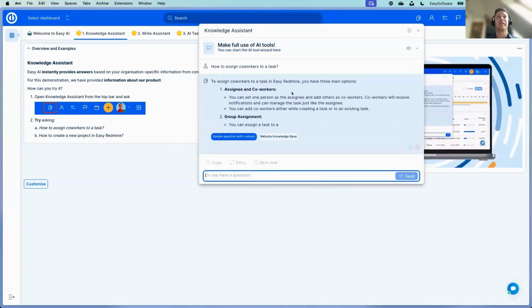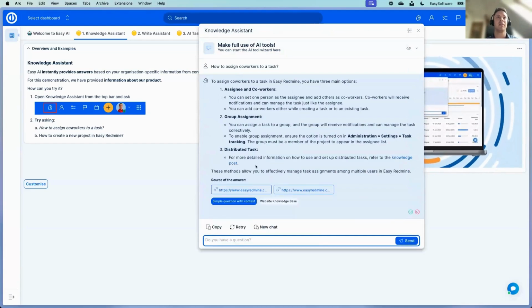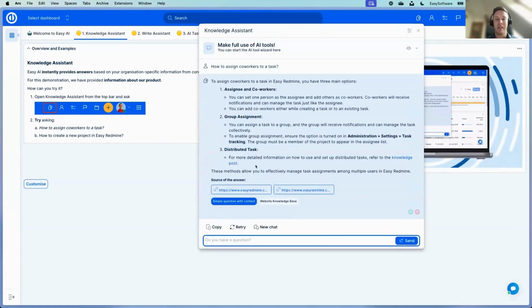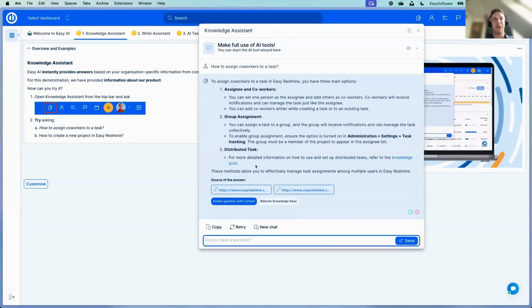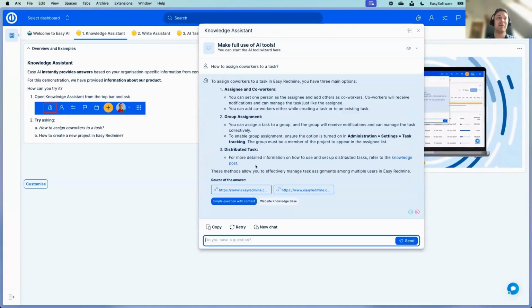Okay, to assign coworkers in Easy Redmine, you have 3 options. You can do this, this, or that. Okay, cool. So it is able to answer my questions. And also, I've used it to debug things as well. When something wasn't working,